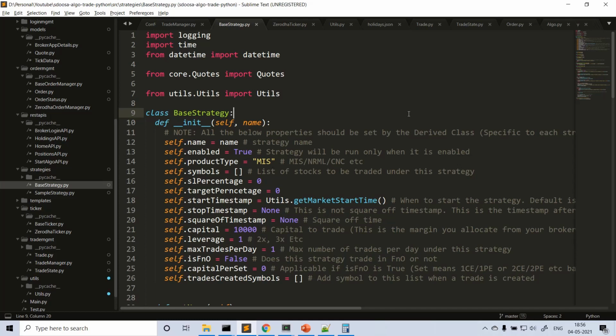You just focus on the super trend logic or moving average logic and create the trade. That's it. You don't need to worry about how to place the trade, how to place the SL order, how to place the target order, how to update the values when the SL hits or the target hits, or how to handle the trade if it is cancelled.